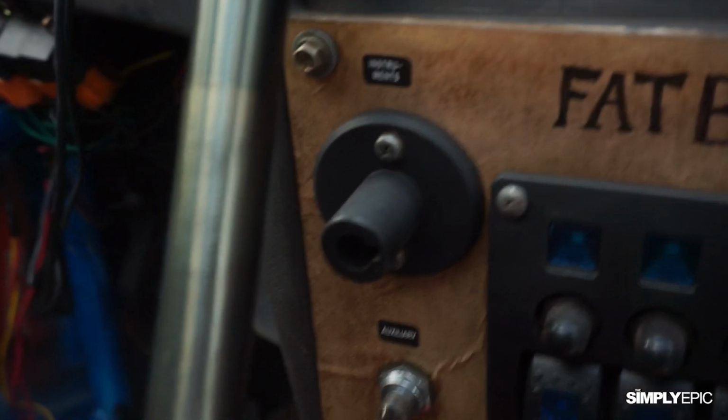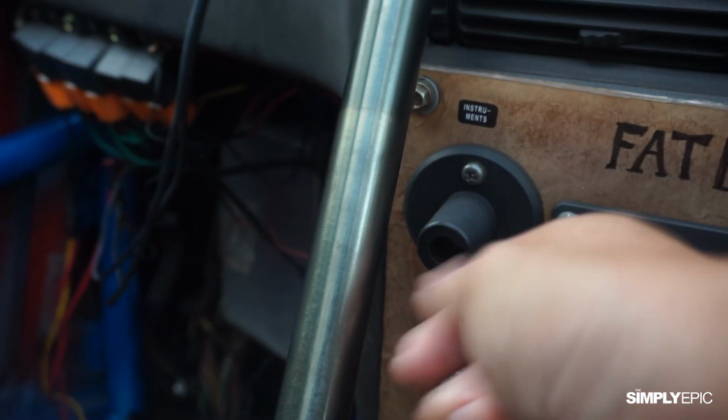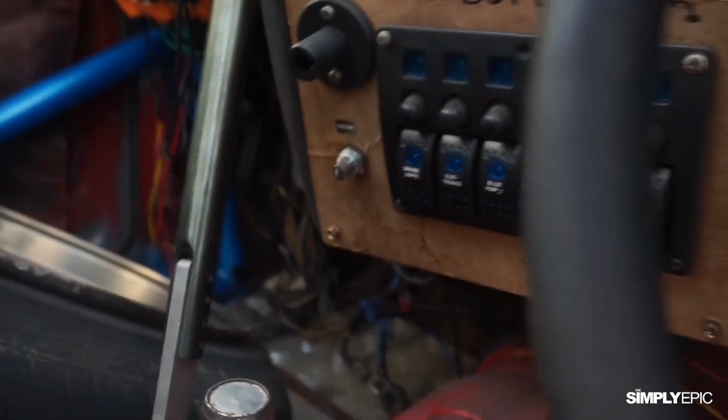Alright, then there is a kill switch right here, but I don't see the switch for the kill switch itself. There's nothing here. And then standard race car stuff. You have those driving lights, electronics, blah blah blah. Alright, and then